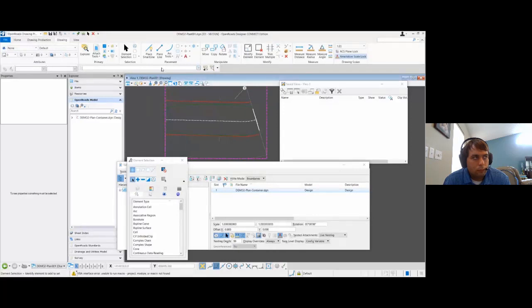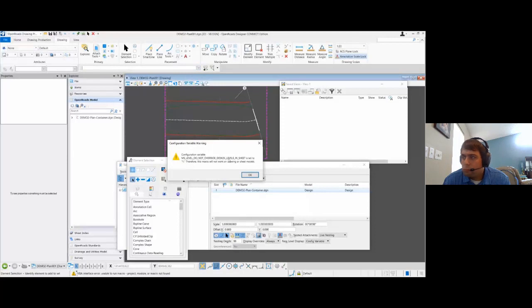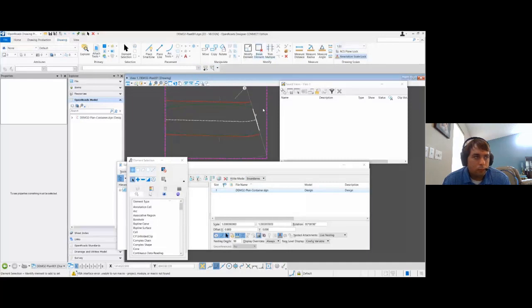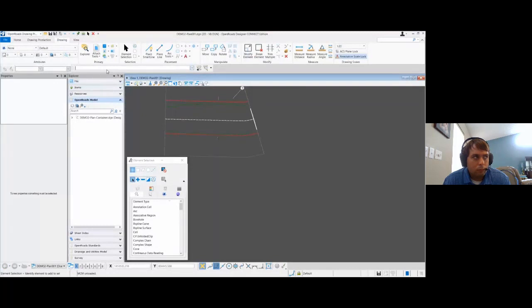So I'm going to load this VBA that Bentley has put out there, and you notice that it says the configuration variable is set, so this macro won't work. So let me reload the file and turn that off. Okay, so now that variable's off, I'll run that. And now it does open for me.